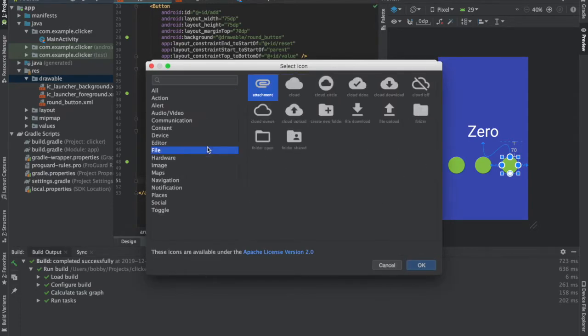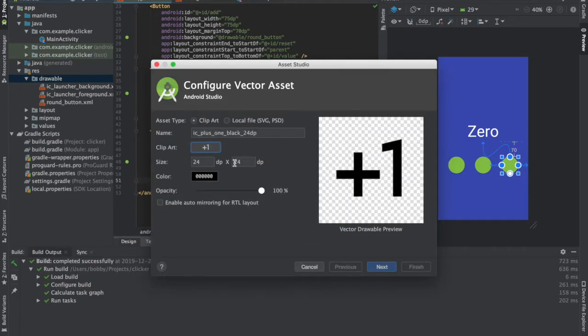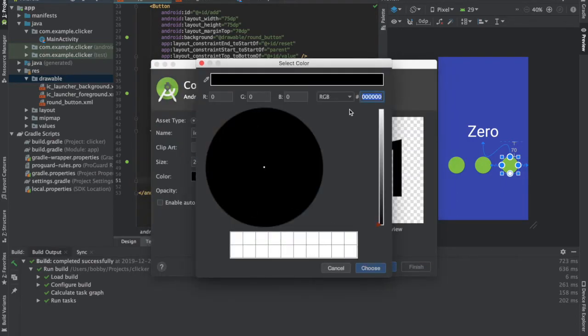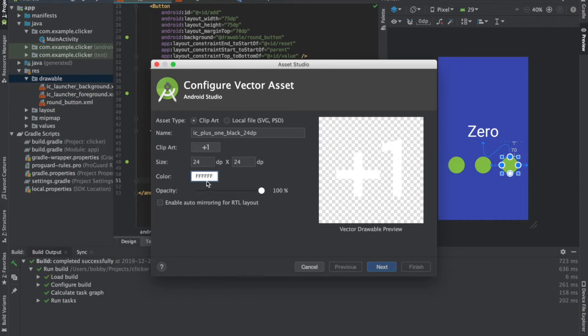So new vector, and let's find the +1 and just all, and OK. And now I can actually choose the white